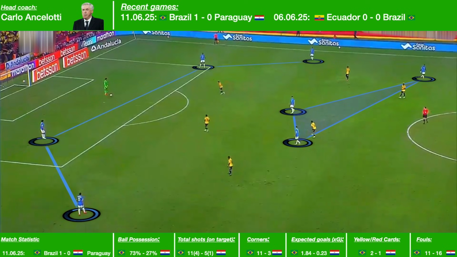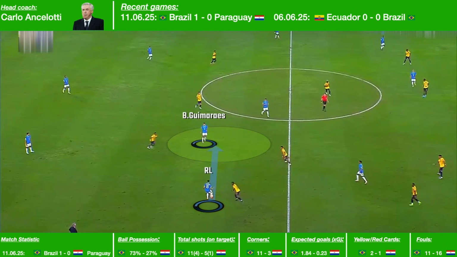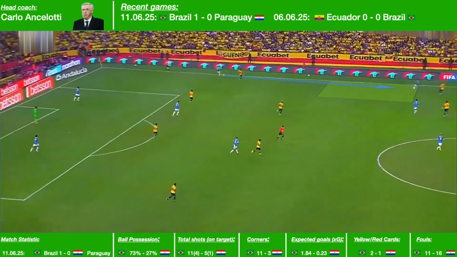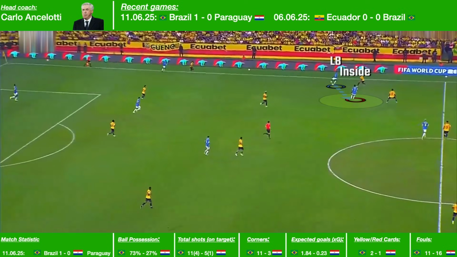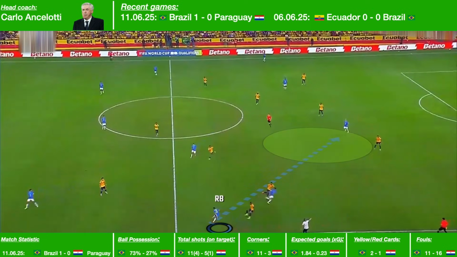In the build-up phase, the team mostly prefers short passing, circulating the ball among the defenders to destabilize the opponent's pressing block. They often build through the flanks, combining between the fullback and the inside midfielder, followed by either a switch into the center or a deep run. More frequently, Brazil uses the right flank, where the right back can deliver a one-touch pass straight to the striker,